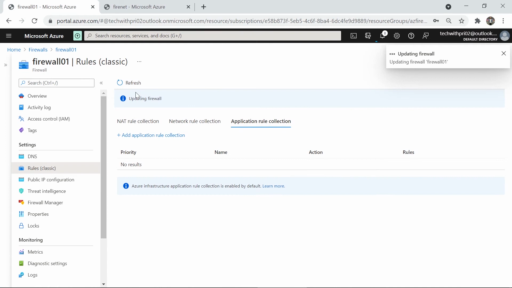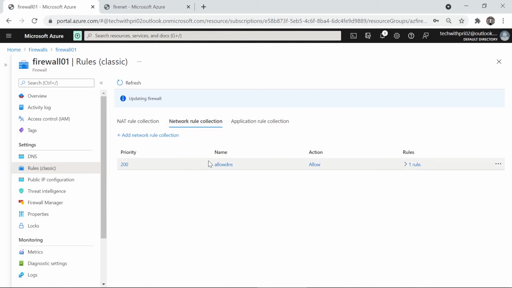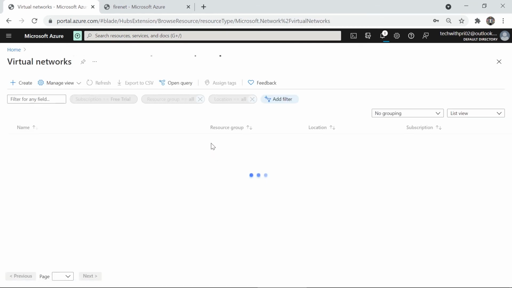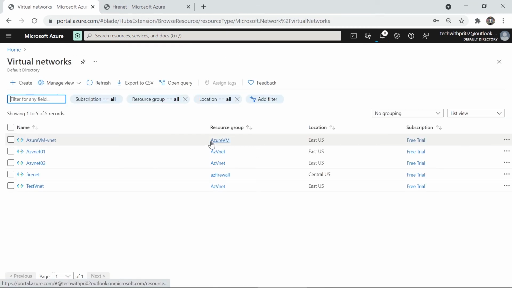Now for the application rule, if I just refresh it, you can see it is already applied for google.com, and the network rule is also there for allow DNS. Now what we are going to do is create a NAT rule also. I'm going to explain it, but before that, let's quickly go to the virtual network, because you can see that we have created DNS. We have said that to go to google.com, you have to go to a public DNS. Now we need to add that DNS in our